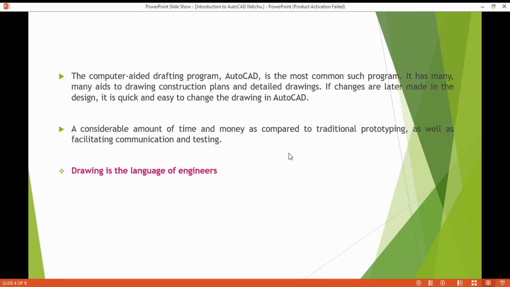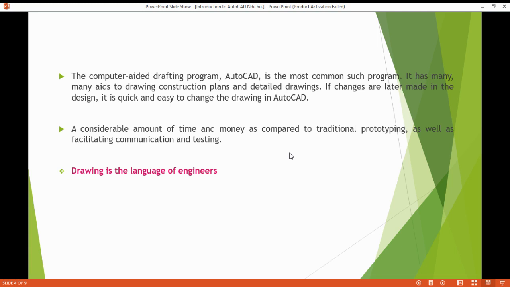If changes are later made in the design, it is quick and easy to change the drawing in AutoCAD. And it saves a considerable amount of time and money as compared to traditional prototyping, as well as facilitating communication and testing. Now, up to that point,